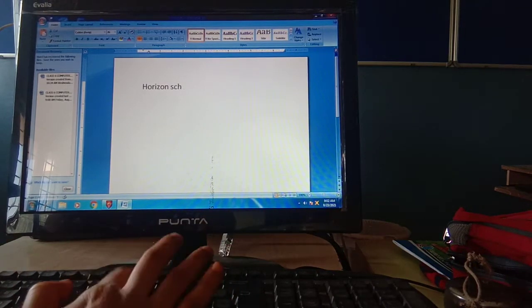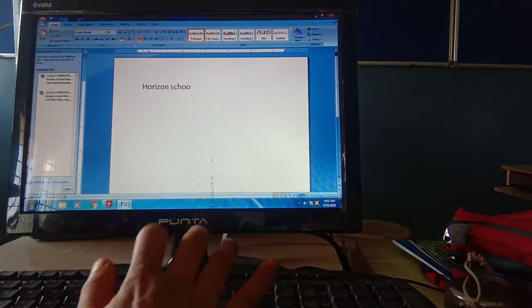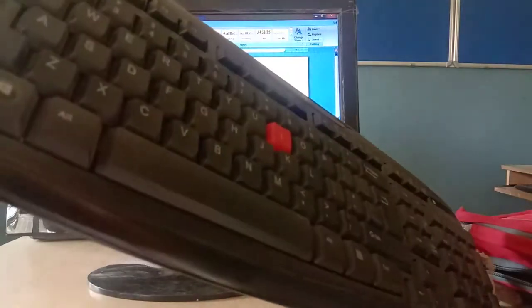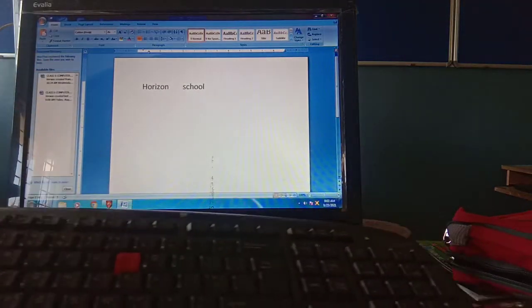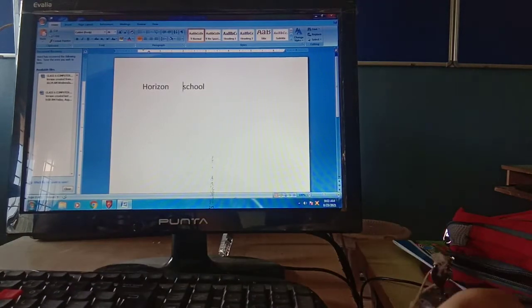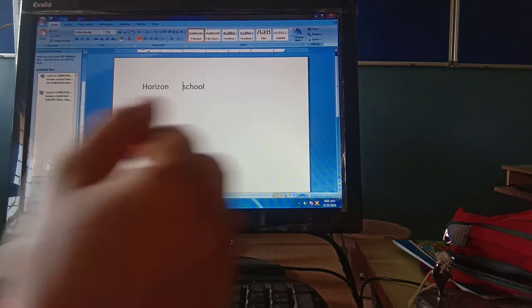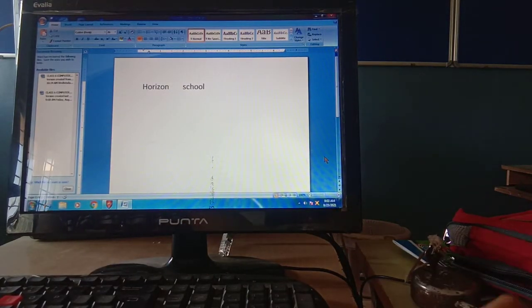If I press tab between these two words, they will be 0.5 inch distance from each other. Why? Because the tab key has a default setting that gives you a space of 0.5 in one tab.